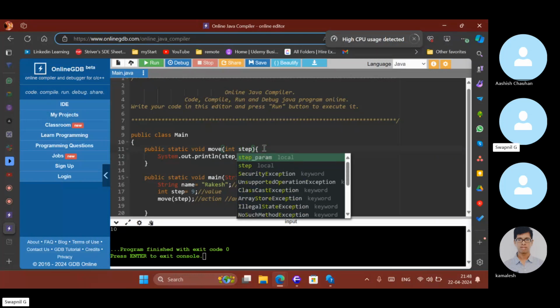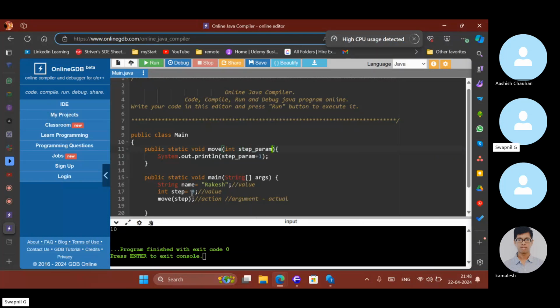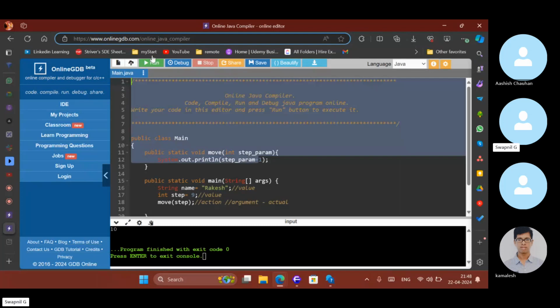Can you tell me, are this step and this step the same? Step parameter and step argument, are they the same?